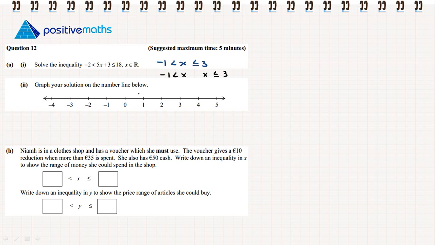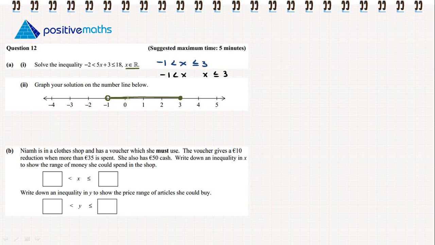Part 2. Graph your solution on the number line below. So the first thing we have to note is that x is an element of the real numbers. So therefore we're going to be using a heavy line in between minus 1 and 3. It doesn't include minus 1, so we're putting an open circle, but it does include 3, so we put a closed circle there. And then with our ruler